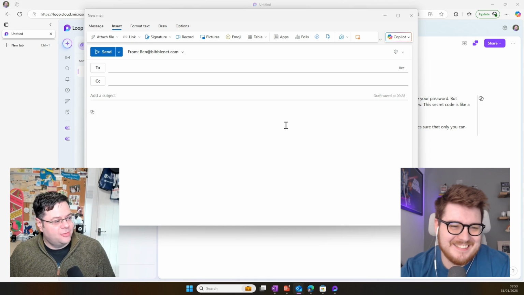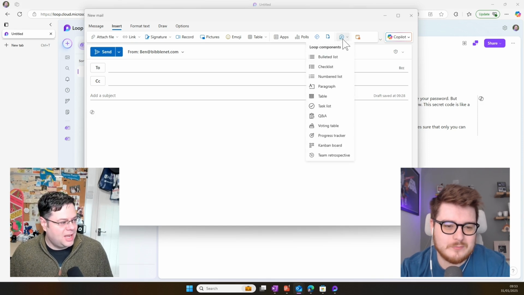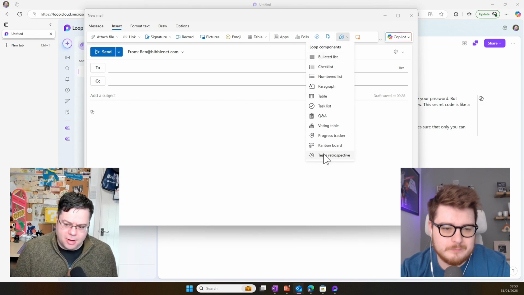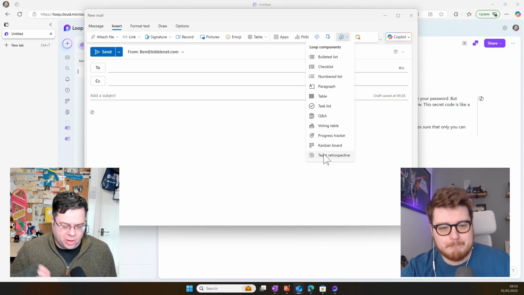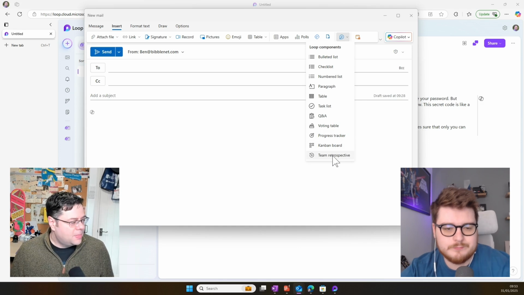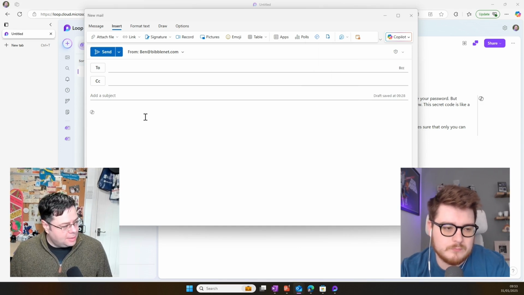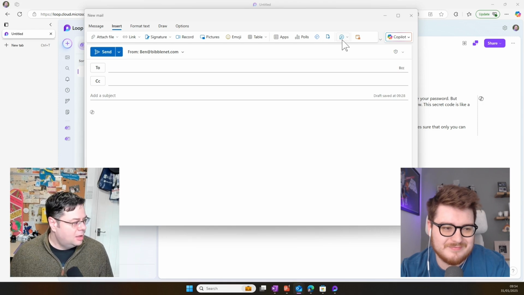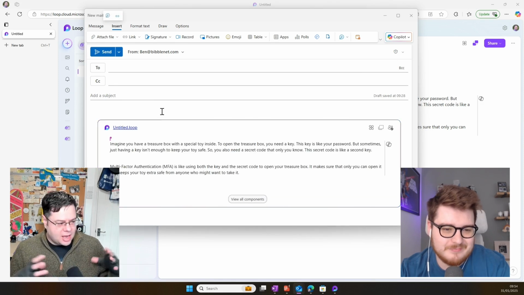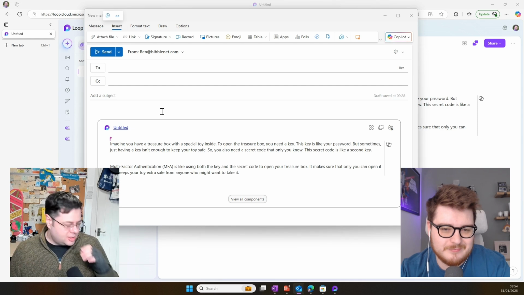Anyway, so you look for the locations where I've got this little P here, and I've got different loop components. Now, this is what you were talking about, right? That we didn't really dive into, that a component can contain multiple things. We've got bulleted lists, paragraphs, tables, a Q&A, a progress tracker, a Kanban board. But I think, hopefully, off my clipboard, because I know that I can insert loop components into this email, if I actually paste, woohoo, that has pasted in this kind of magical loop component.